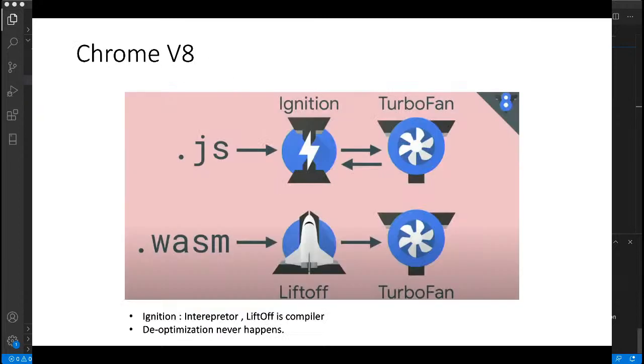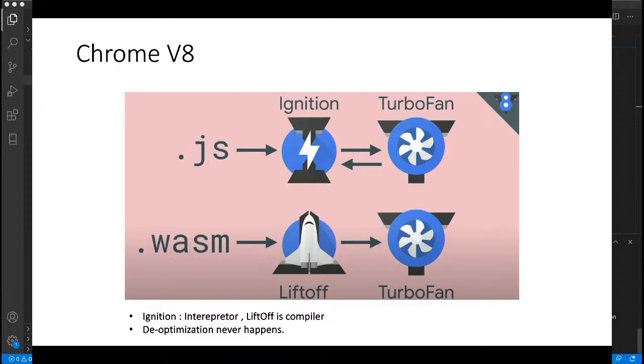Now Chrome is the most popular web browser nowadays, so we will be discussing the flow of JS and WebAssembly files related to Chrome. First, how the JS files are compiled. We have the Ignition stage in the Chrome V8 engine. The Ignition stage is an interpreter. It takes the JS code, creates different tokens, and generates analytics over the code, like how the code is behaving and how it is going to perform, and then pushes the code to TurboFan.